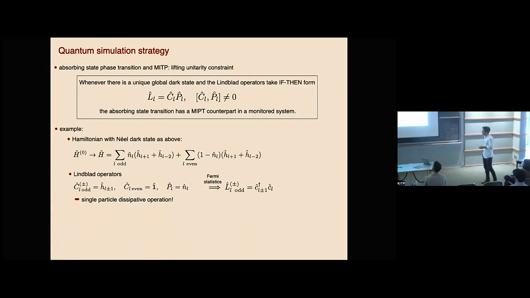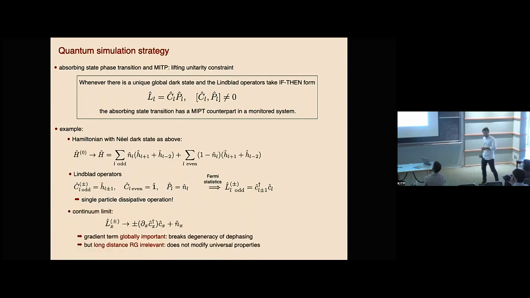And then as an example here, we can take again this Hamiltonian that we looked at previously, but now lift the constraint on the C, which doesn't have to be unitary necessarily. We just take a hopping term here. It still doesn't commute with the original measurement operators. And if you simplify this operator, you can write it as a single particle hopping process, a dissipative hopping process of